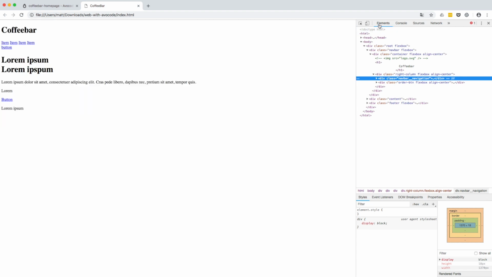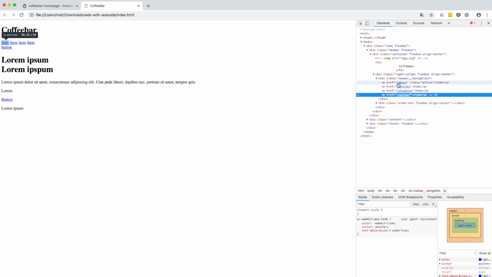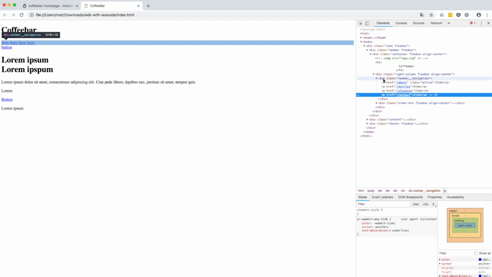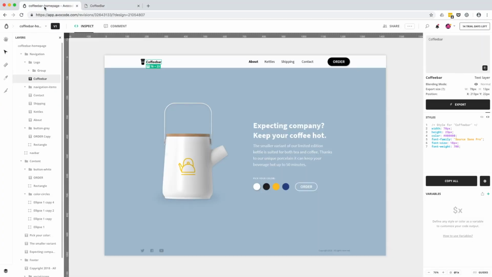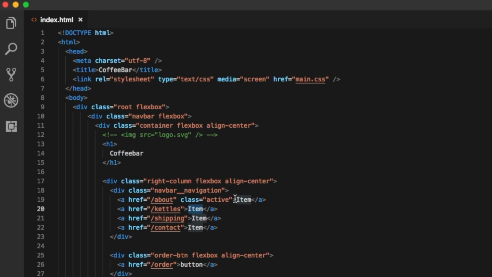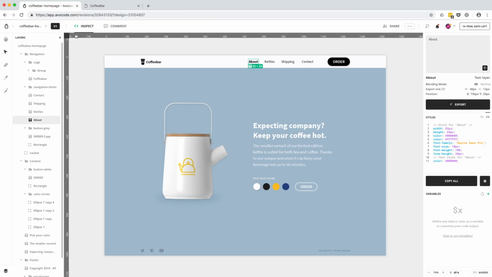Okay, so let's see these items here. It basically says that these items are in this div right here. So again, let's just check this in code. You can see that these are the menu navigation items, right? So we're going to take the text from Avocode just by double clicking. So about, paste it right here, then